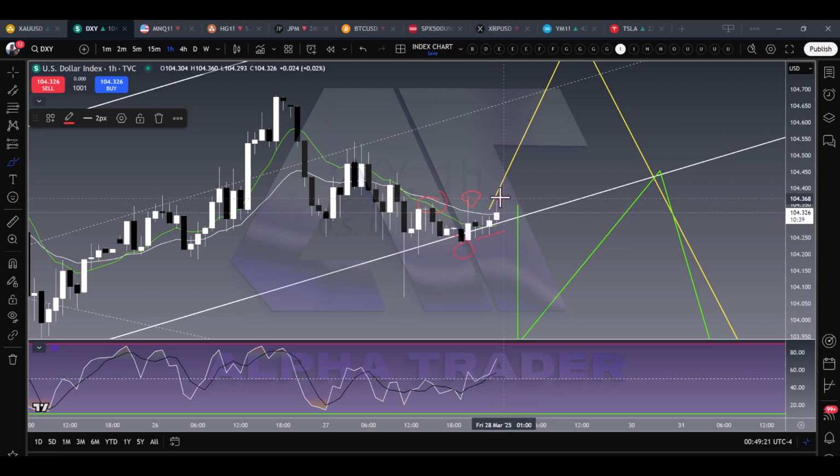We need to see if we produce another higher high back down and then back up to know if this is beginning to reverse, okay? So that's what we'd be looking for. If we took a trade here, we would put our stop just below this candle right here, okay? But that's what we're looking for, dollar, for a reversal to the upside. We'll see if that happens. If not, and it breaks, this would be the trade here, the green line, okay?